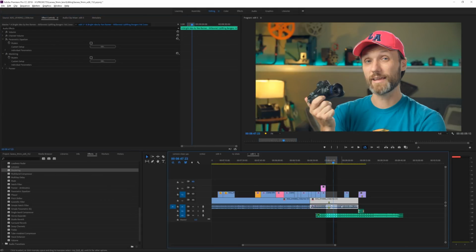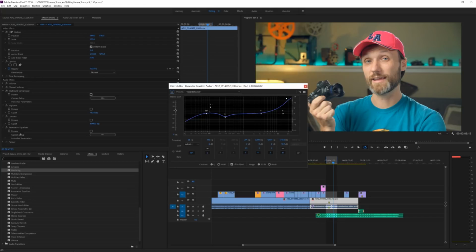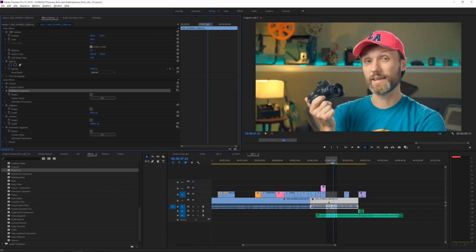Another effect is definitely the parametric equalizer. You can do a lot of cool things with it, like enhance the vocals or make room for vocals, let's say if you're applying it to your music or background sound effects. Low pass filter, remember, you're only passing the lower frequencies, so you're cutting off anything above a certain range. High pass, you're doing the reverse, only passing the high frequencies, cutting off the really low frequencies at a certain range. And then a multi-band compressor to nicely compress and adjust the audio levels of the really high and really low sound, so it all sounds nice and you can be well heard on all the speakers.